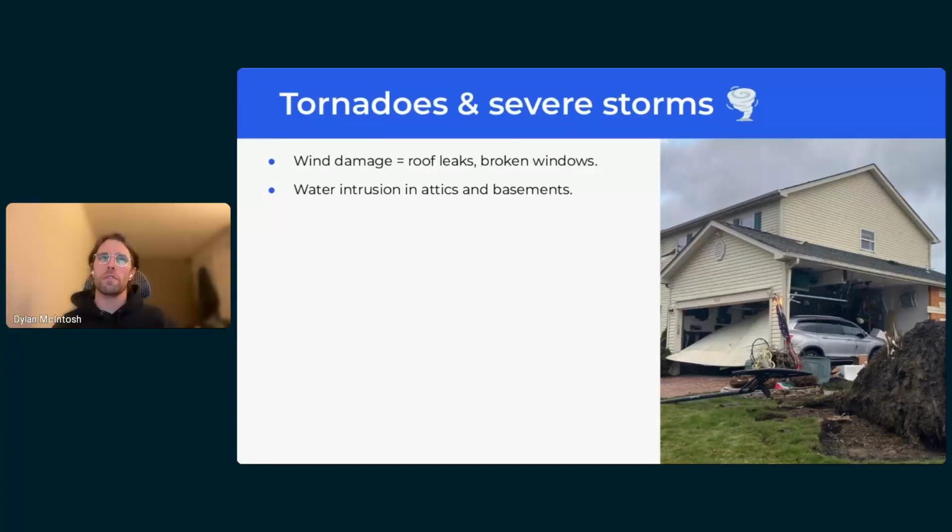So tornadoes and other severe storms, when you have severe winds, this can go for hurricanes as well, that can contribute to structural breakdowns or systemic breakdowns of the home, like a roofing leak, broken windows, water intrusion from above or below. These are all ways that moisture can be introduced into the home and into the building materials inside of the home. Anytime those materials get damp or wet for a period of time, you run a risk of mold growth, especially when it comes to things like roof leaks.